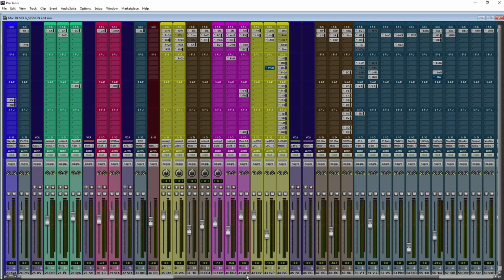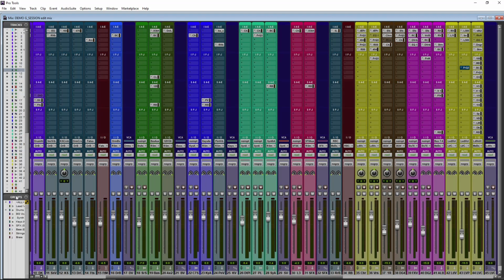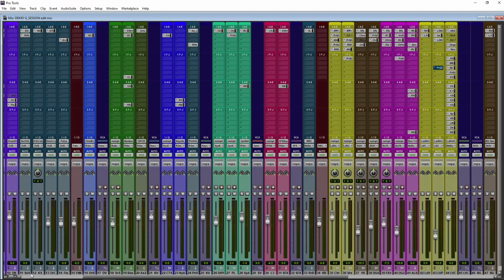As you can see here, the color coding has to do with how I group my stuff. In the bottom left corner, I have groups of the things that I am working on within this session. So if I solo up something and work on a particular part of the song, and I send the song for revision, it is easier to navigate within the group that I'm working with to make the adjustment based upon the feedback that I have gotten for that particular mix.